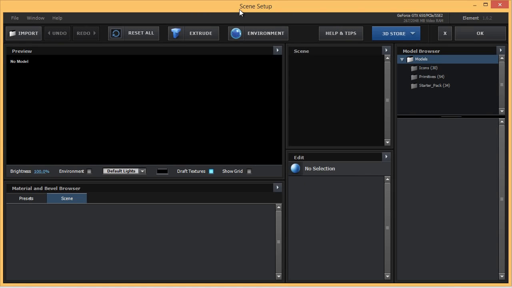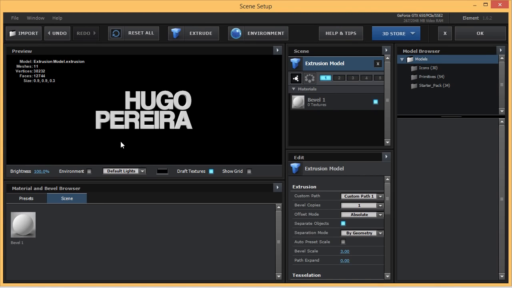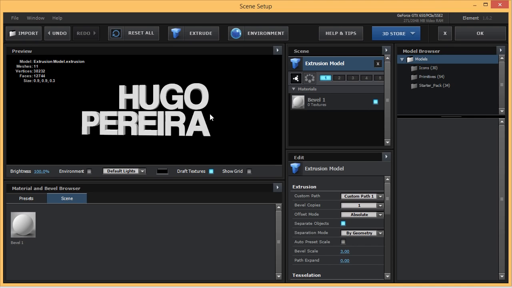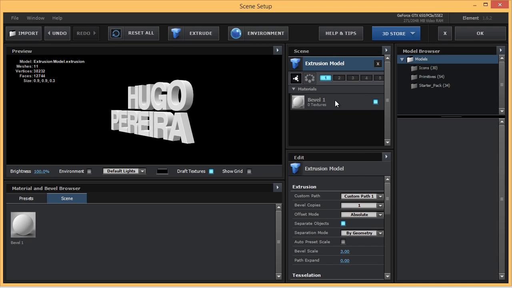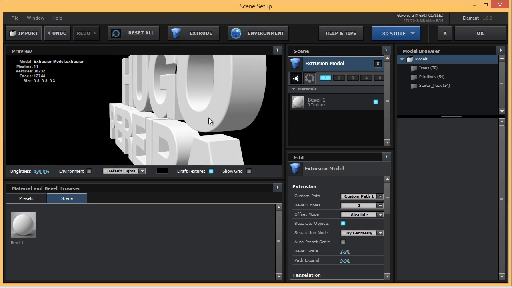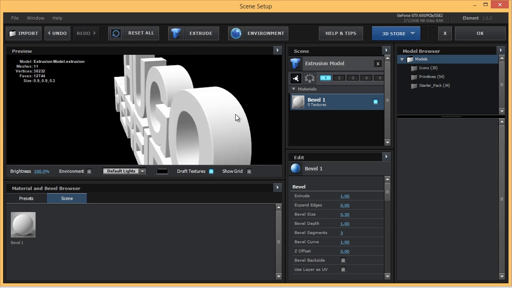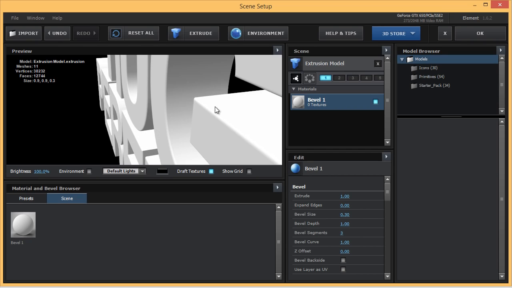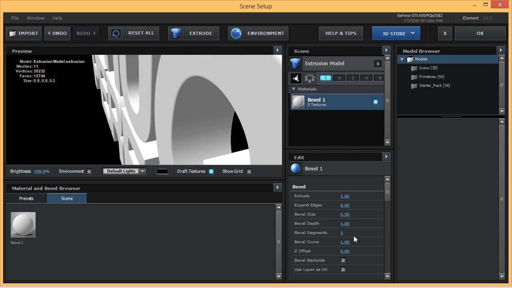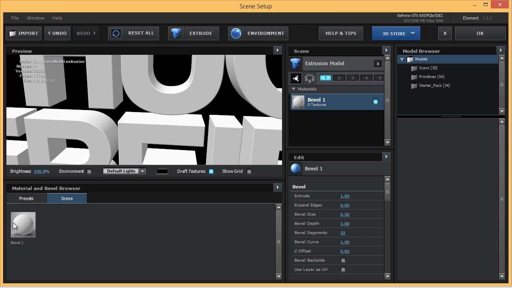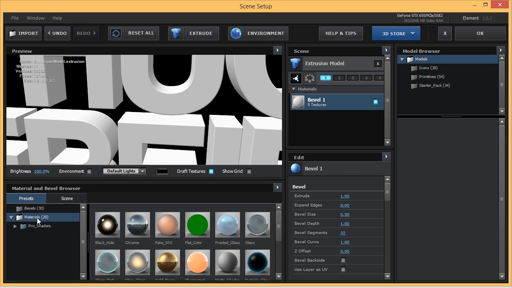When we get inside of Element 3D, we'll just pop Extrude, and it will extrude our text right off the bat. Now, what I like to do is come to the bevel options and make it a pretty small bevel, about 0.3 versus the 0.5 that it was before. And depending on what I'm creating, you can mess with the bevel curve and the bevel depth and that type of thing. For this, we'll just bring up the segments to about 32, so to make it a little bit smoother. And we'll apply a material